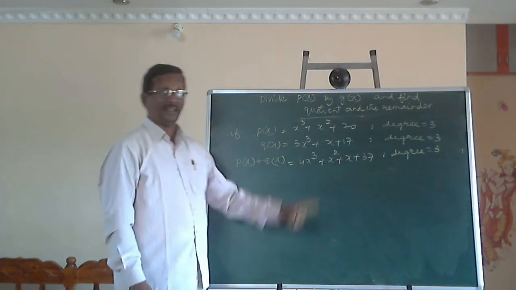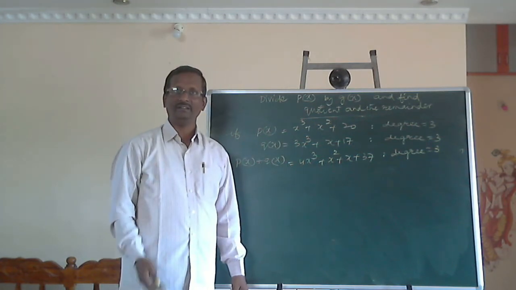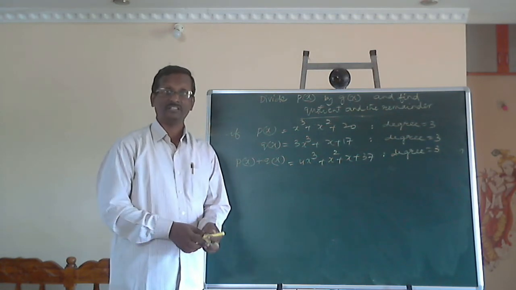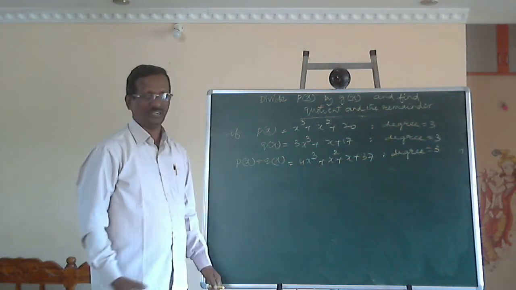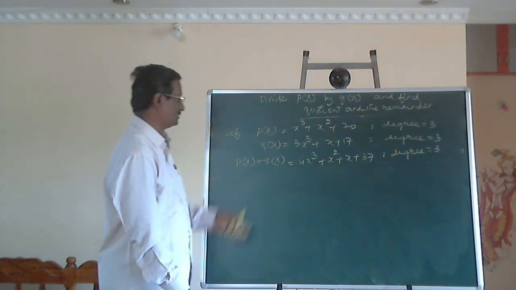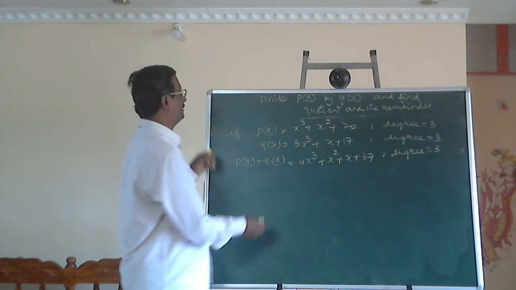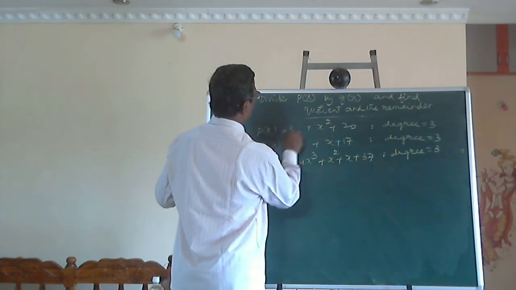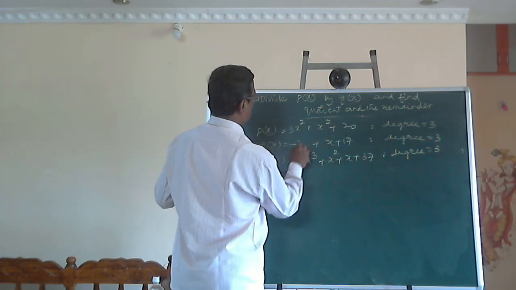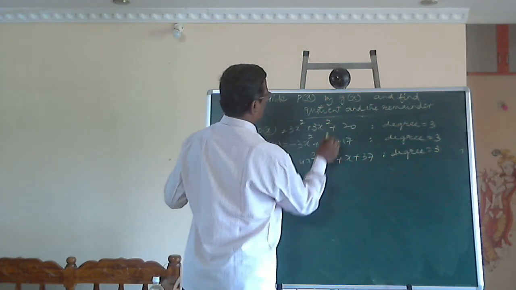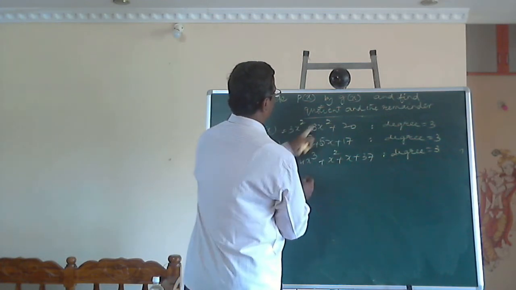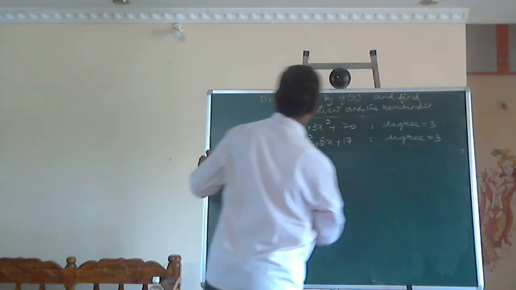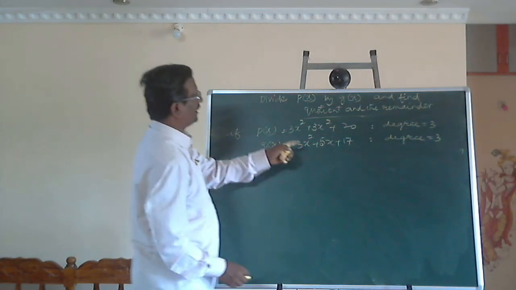Now, in case the two polynomials have equal degree, sometimes the resultant polynomial will have a degree smaller than the original degree or degree of the individual polynomials. Now for that, another example. Let P(x) be equal to 3x square, Q(x) equal to minus 3x square. Say this is 3x and this is 5x, 3x square 5x. Now it is a polynomial of degree 2.